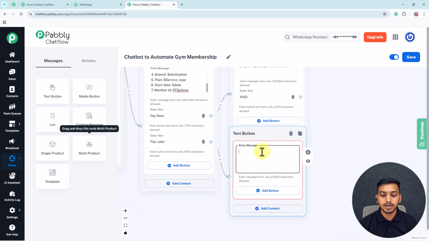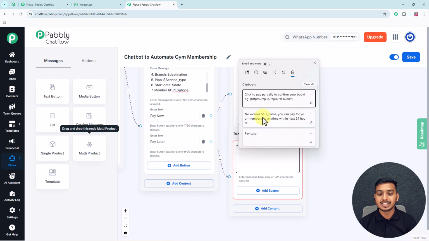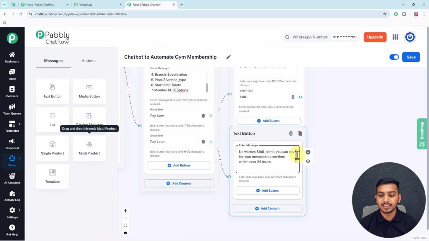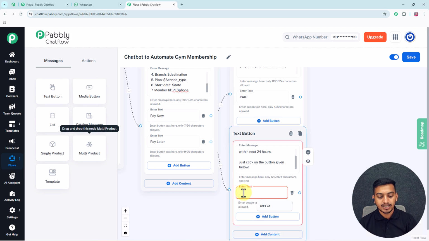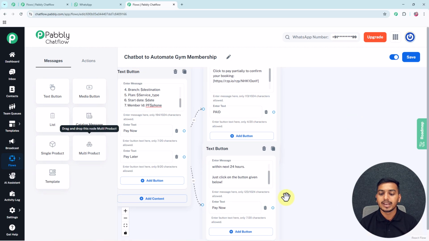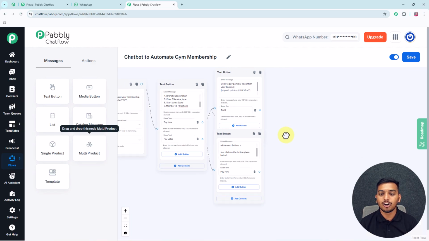And inside this second text button I will add this text where you can see I have written this: no worries, $ full name, you can pay for your membership anytime within next 24 hours. Just click the button given below, and just below this particular text I will add this button, and in here I will add this exact same text, pay now, that my customer can click on to pay for their membership. Now I will connect this particular button with this particular text button with the link of payment, and